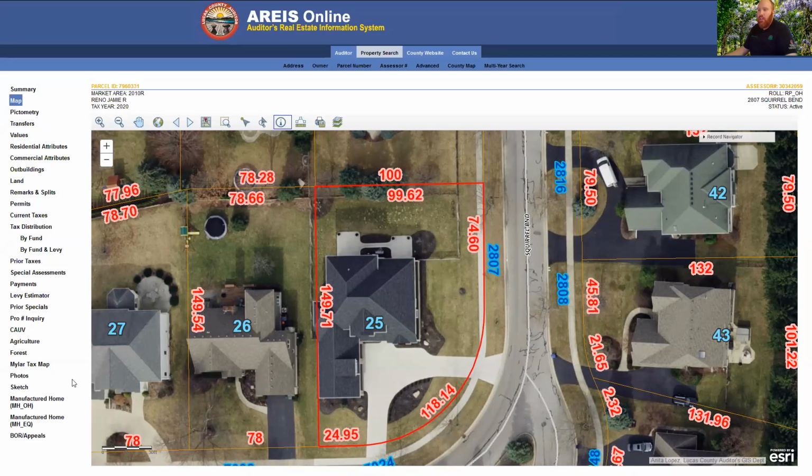Also, over here in the options, in one of these options, and I can't remember which one it is now. I think, no, that's just photos. The photos section is a front photo of your house, of your property, a couple different pictures of ground level of your property. One of these will show you the different seasons. So it has a whole bunch of different pictures of your property in different dates. Obviously, the auditor does not care about the season, but they're just looking at what the timeline of your property looks like. But it's kind of helpful for the different seasons,